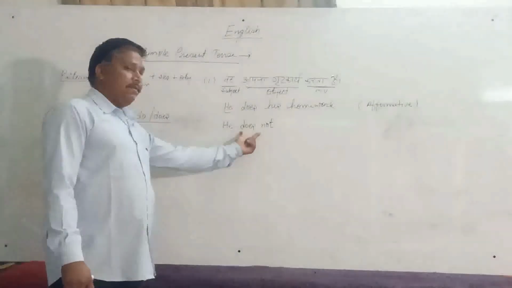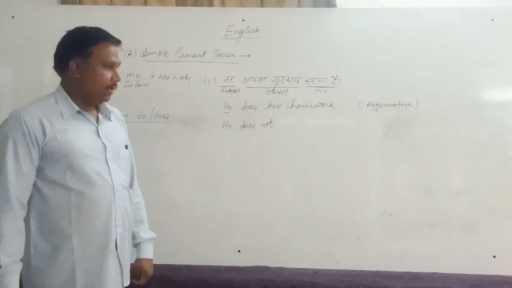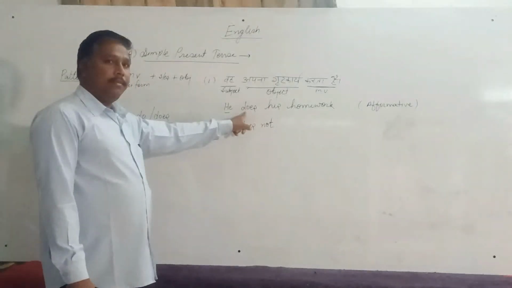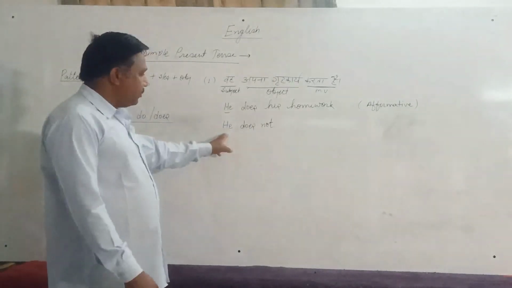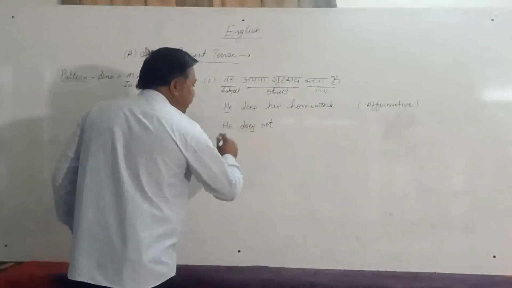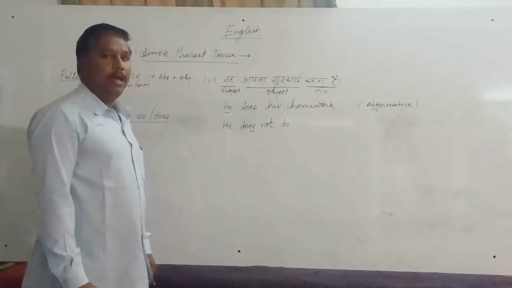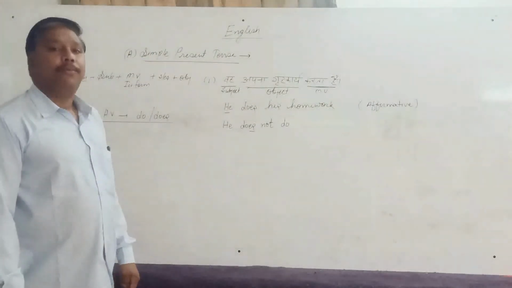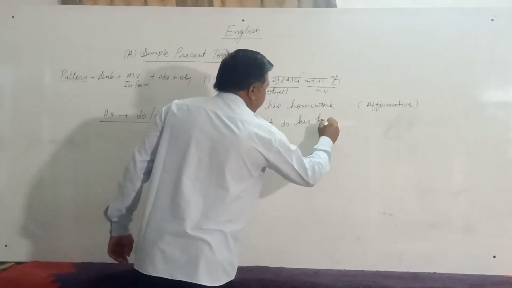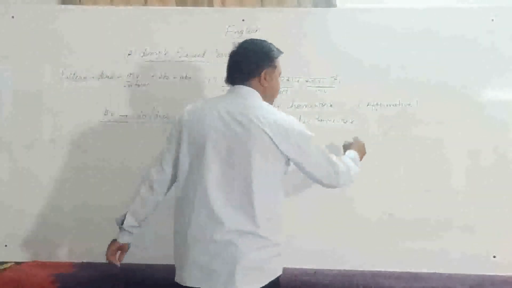When we apply does here, it becomes do. The main verb becomes plural. It is in singular form, we can say. But when we change it into negative sentence, we have to change it into plural, as we have applied here does already, es already. So we will write down here do. Our main verb becomes plural form, and then our object is homework. Clear? This is our negative sentence.